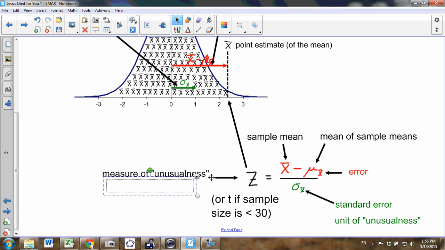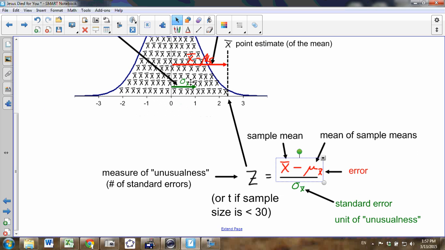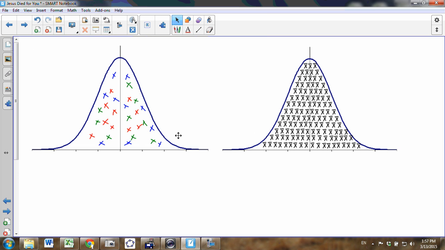It's typically called a test statistic. How unusual is our sample mean? It's called a test statistic. Okay, so now the big thing is, how do you calculate it? We know from the central limit theorem that this mean of the sample means is the same as the mean of the population. But we don't know what this standard error is. So let's go back to this page here,